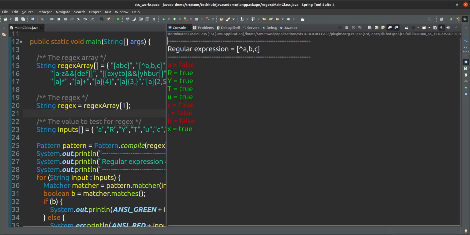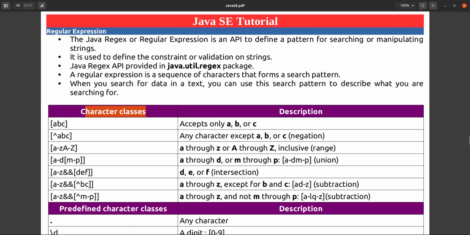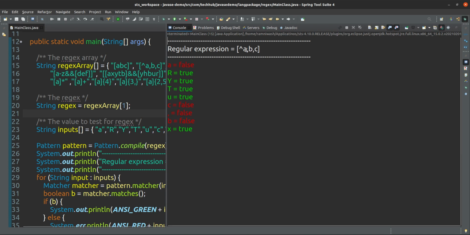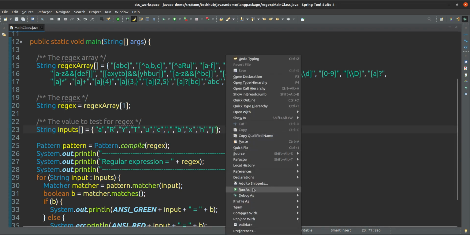What we are learning here is the character class. So that's why it does not take A, B, C. Other than those characters, any English character, R, Y, T, V, X, it is taking. Anything it will pass. H. You can take more inputs, no issue. J. It will take that also.